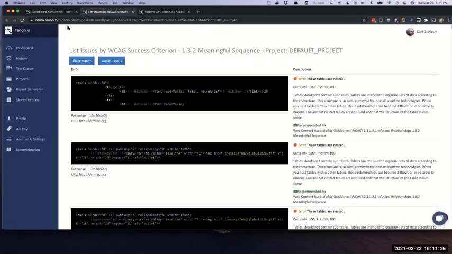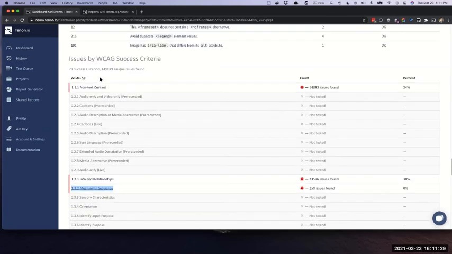And there you go. Now, a really quick note here. You'll see here that it says not tested for a bunch of these. This is because the Tenon product does not seek to, and nor can it, test for every single WCAG success criteria. I mean, if you look here, 1.2.4 is about captions on live videos, and this is for audio description and sign language. So these are not the kind of things that a product like Tenon could even try to test anyway. So that's why it's not tested, and that's also why you should strongly consider also using our manual